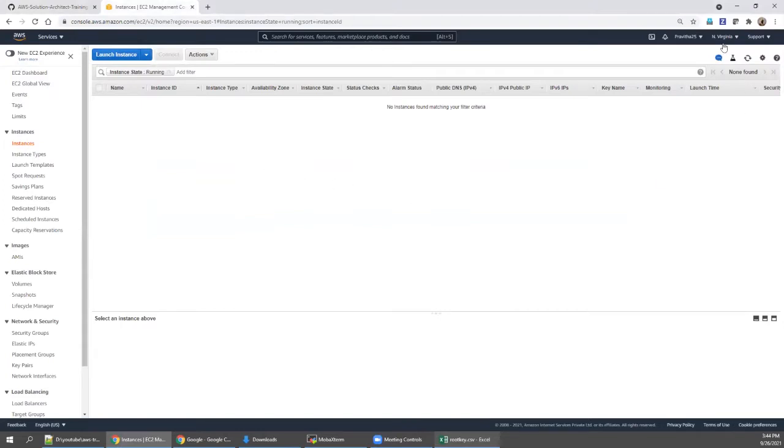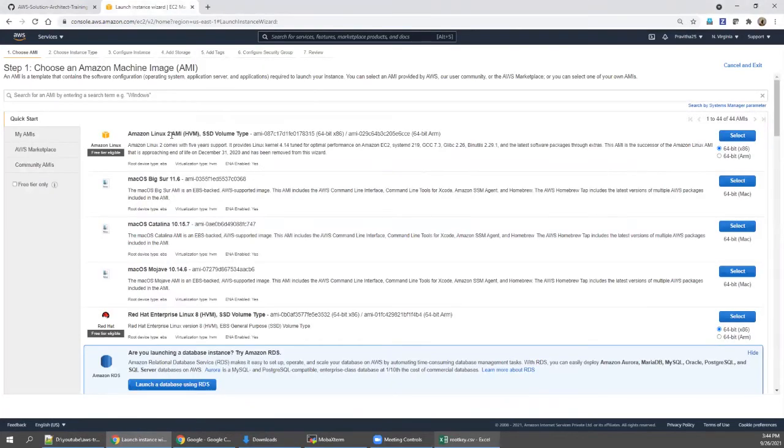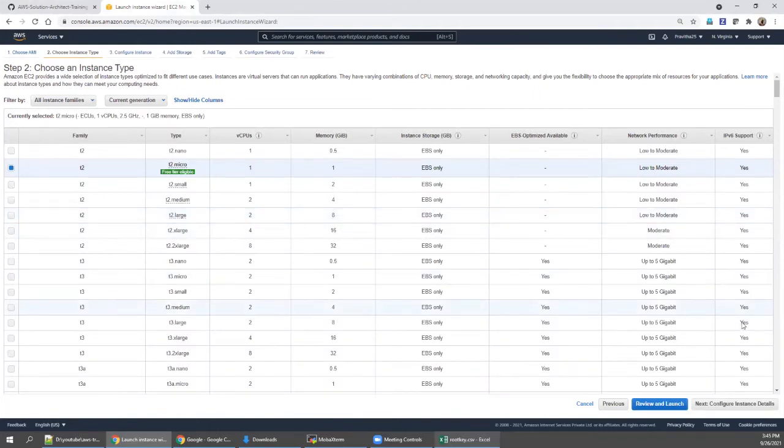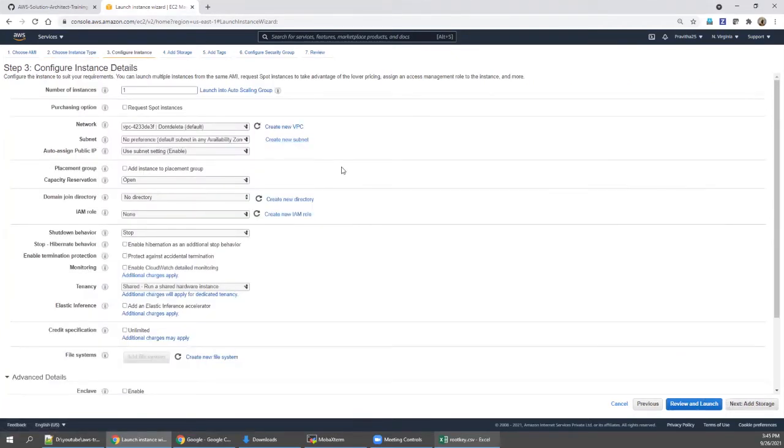I'm in North Virginia. Better you stick with North Virginia for EKS. So launch an instance, you need to launch one instance, right? I'm going with Amazon, the first image, because this image already has the command line, AWS CLI is included. I'm going to select this, and T2 micro is more than enough, because from this machine we are going to run all the commands to establish and create everything. So basically assume this machine is your Linux machine or your client machine.